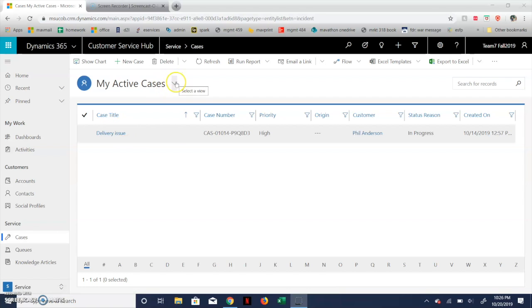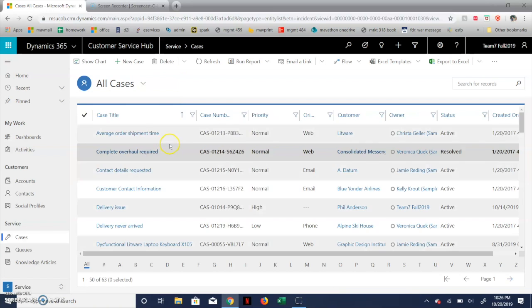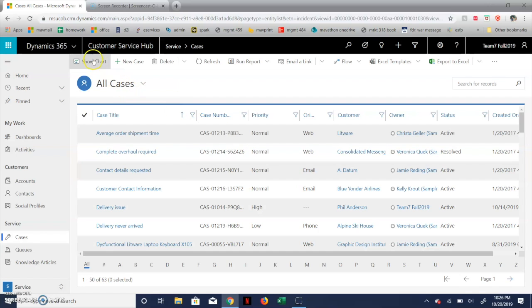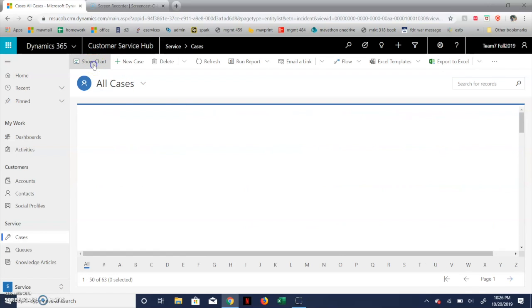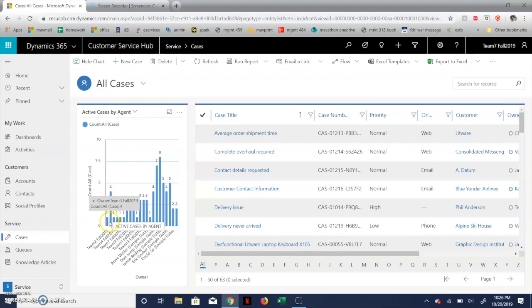So this is the only one that we have open currently, but if you go up here, you can find all of our previous cases, and you can look on this chart and it will actually show you the different teams or different employees and how many cases they have active right now. So that could be good for an employer to look at. So the teams that only have one or so cases open might not need as much help with something, but the teams that have 4 or 7 or 8 open, the manager might want to allocate more resources to those teams to help them minimize the amount of time it's taking, since they seem to be struggling to resolve their